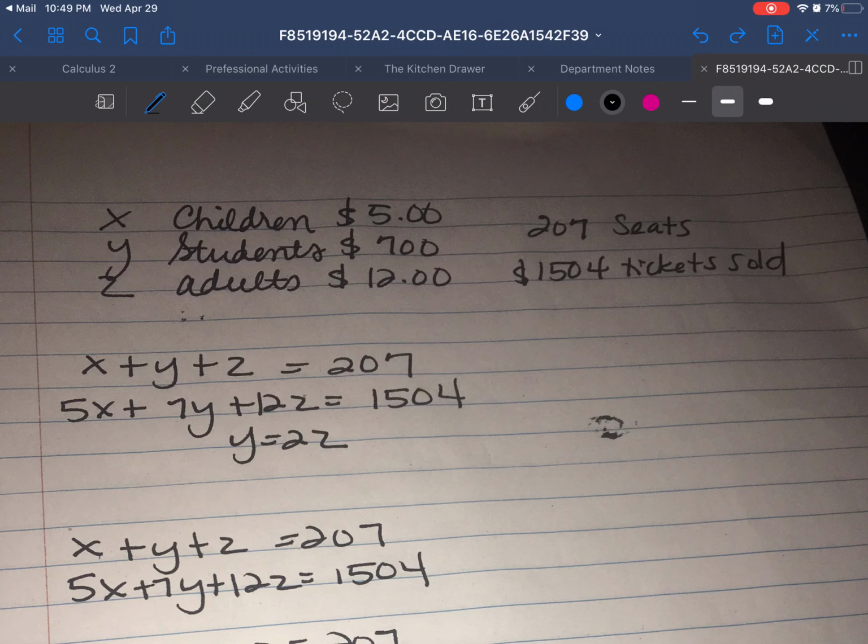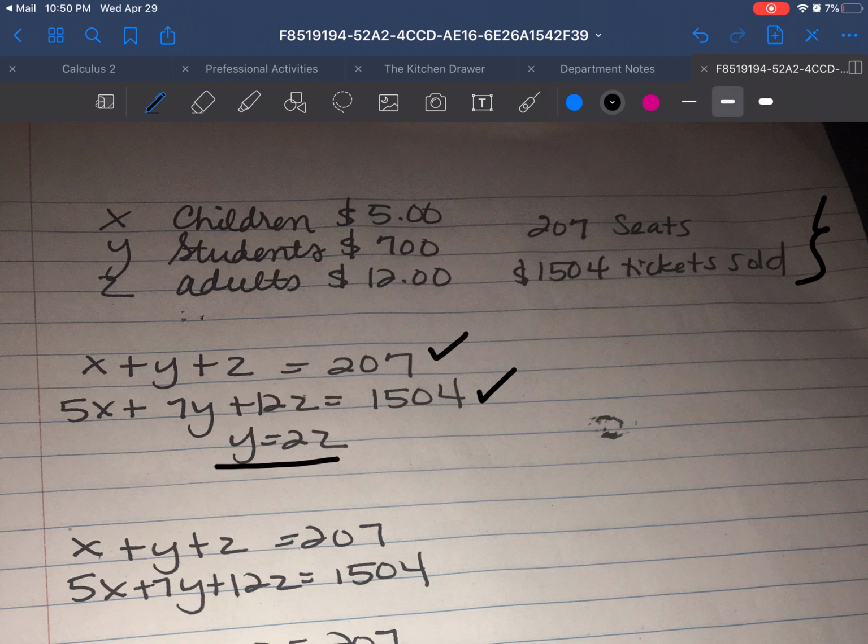Okay, so here your setup looks pretty good as you start out very strong with x plus y plus z is 207. You get 5x plus 7y plus 12z is 1504. And that you can see from the reading and just this information here. I think the last piece of information, this one right here, I think that's where the mistake